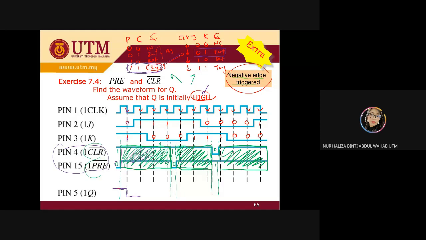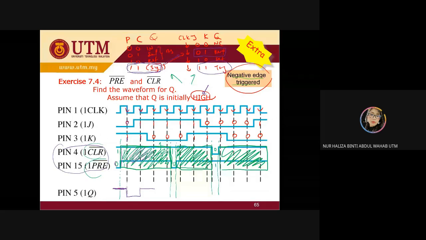Free and clear. So I need to refer as a normal JK flip-flop. So at this negative, I have 1 and 1. 1 and 1 is what? It's toggle. So I'm going to toggle my value until I meet another